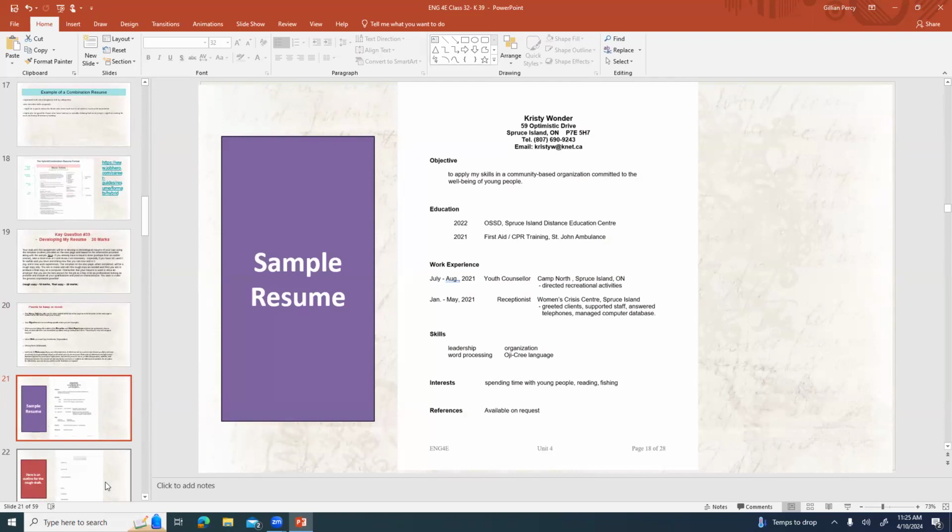Here is a sample resume following the format that we're asking you to do for this particular assignment. This is not necessarily the only way to do it. I've shown you some and I'm going to show you some more, but this is what we're doing for this assignment. So they've centered their name and their address. They've got their telephone number. They've got their email. Only include your email if you check your email. If you never check your email, don't include it because